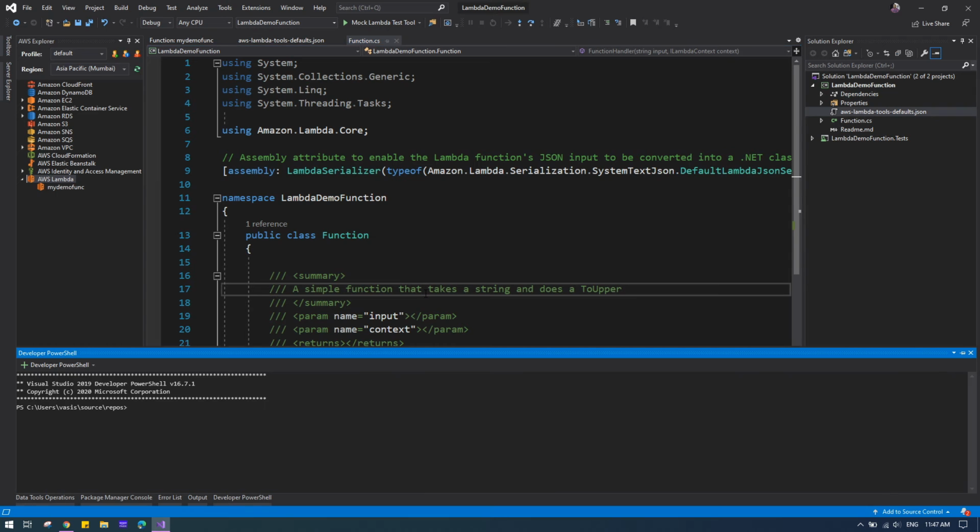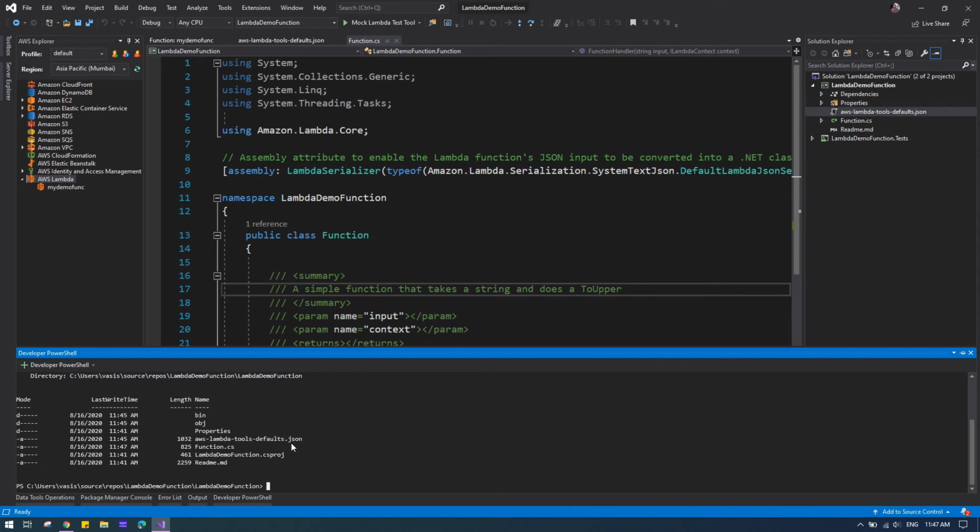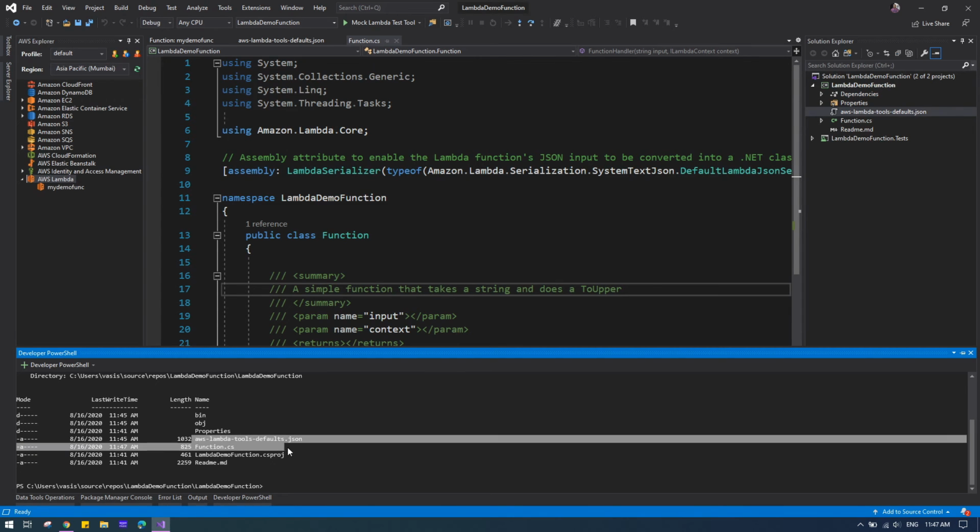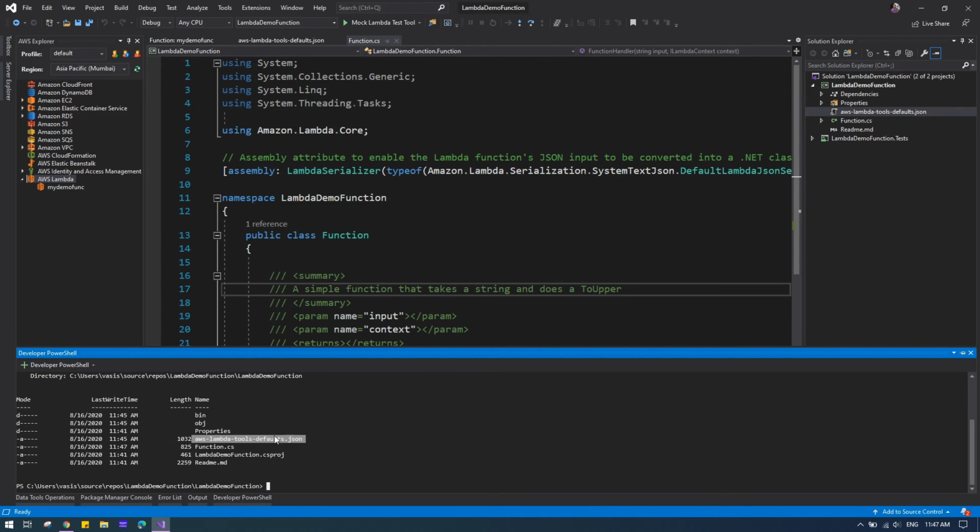Now I am going to PowerShell and cd, just to make sure that we are in the right folder, the one where we have this particular JSON file.